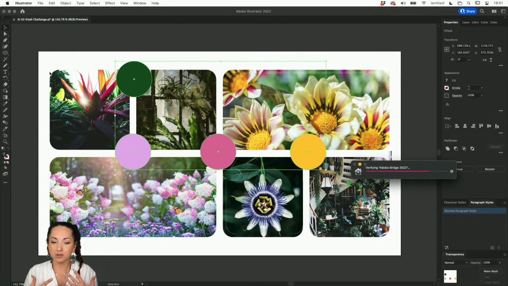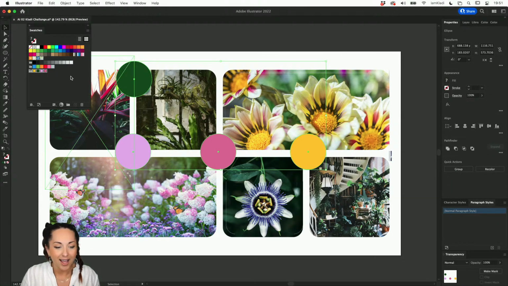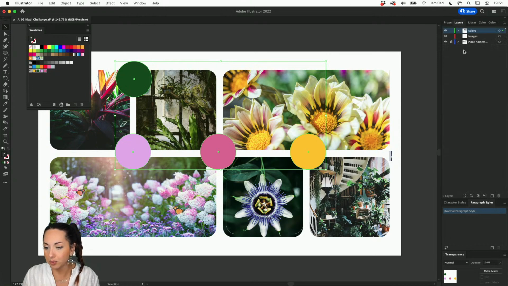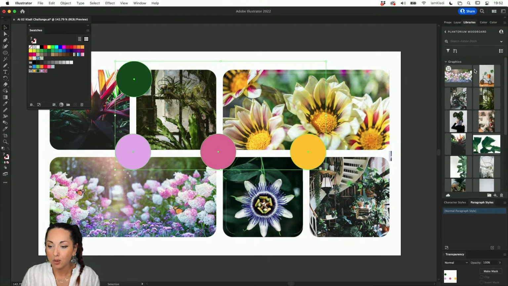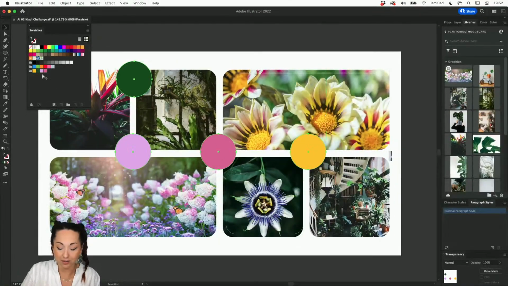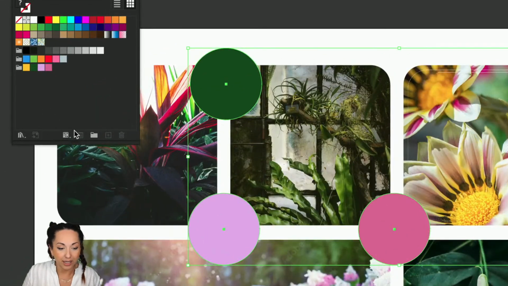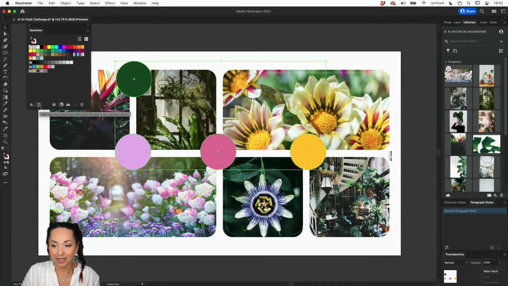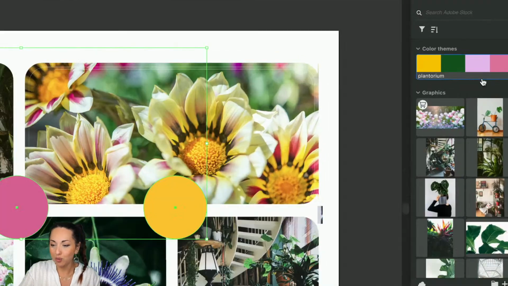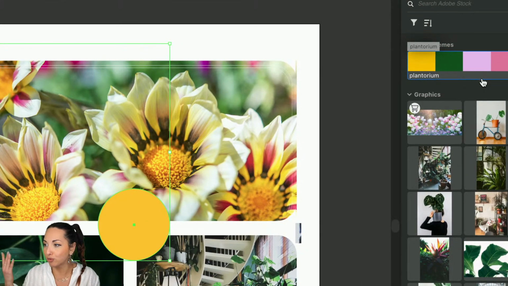But what if I want to send these to my colleagues? It looks like I'm launching Bridge. What if you want to share this with your colleagues, together with the images that we were collecting before, in a library? Well, that's super easy, because once you add your swatches into your swatches panel, if we click on the little folder that is called Plantorium for our project, and then select the add selected color group to library, in one click,